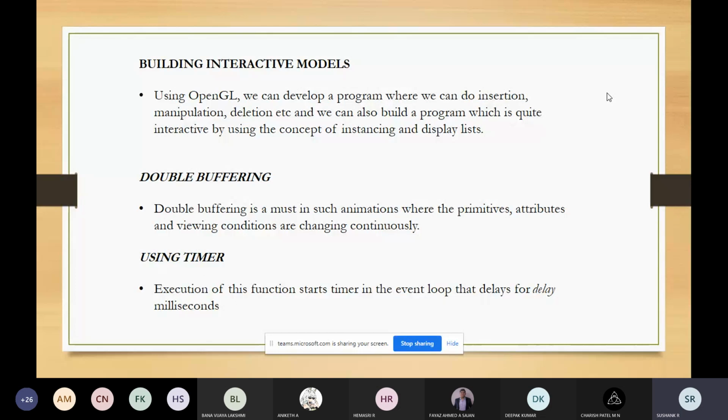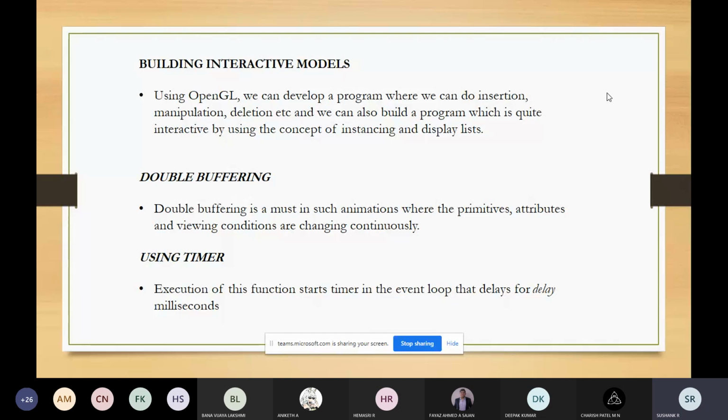And also if the user wishes to delete an object with the help of menus and the mouse, in that case the user can use the mouse for locating the object first.